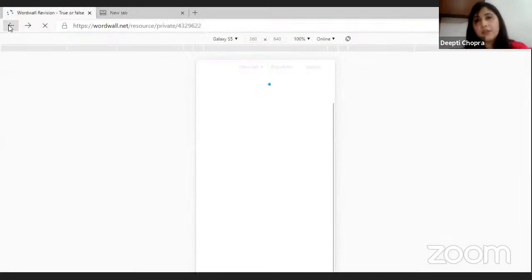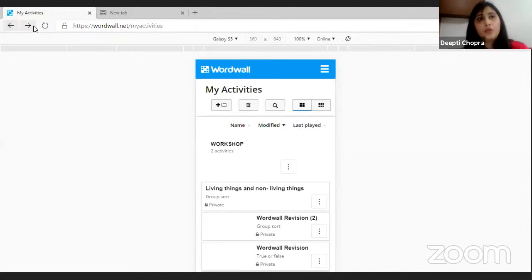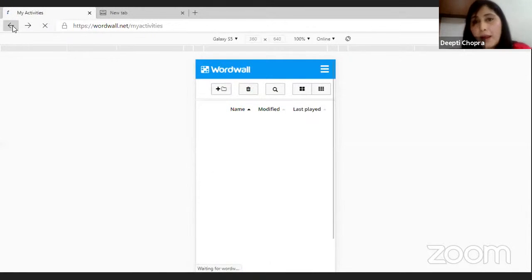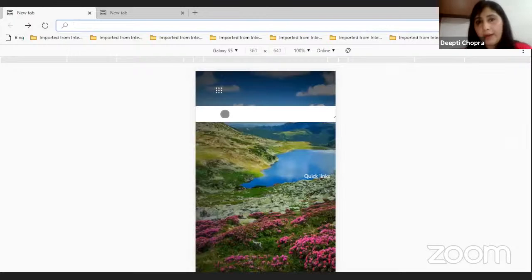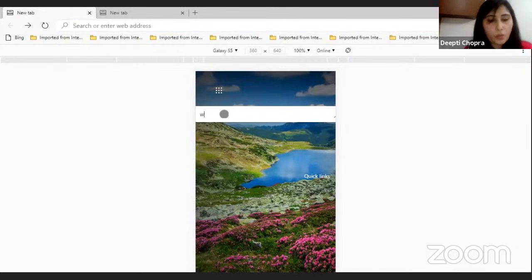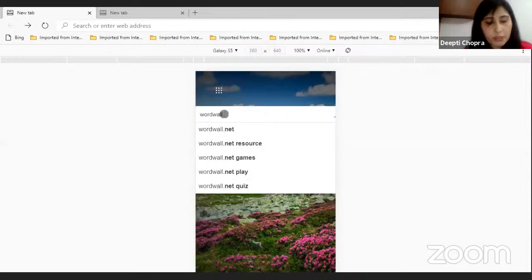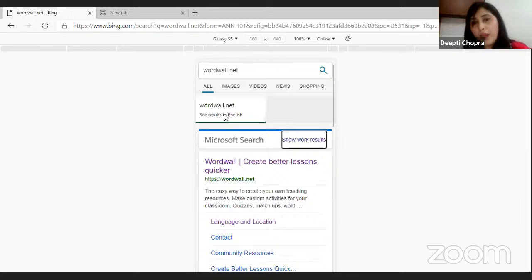So now teachers, let me go back first. Yeah, so here I go. We have to type wordwall.net in Chrome. So I'm typing wordwall.net and just enter. Wordwall.net, and then here you have to click here,